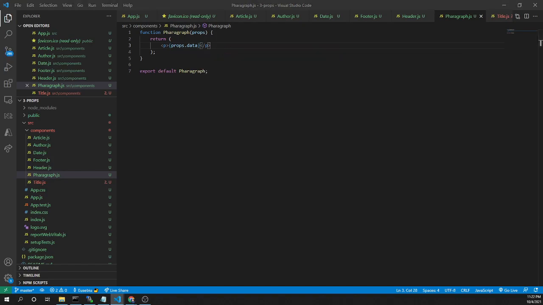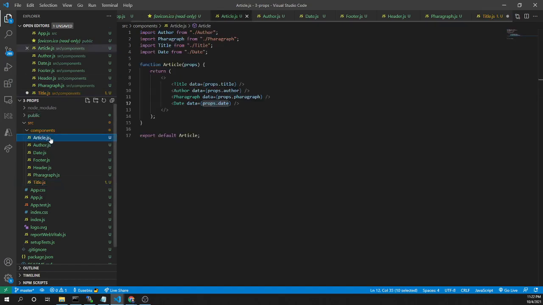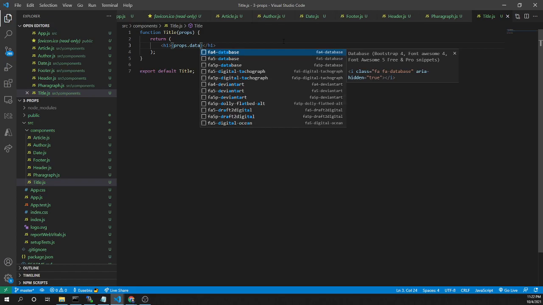And the last is my title, which will be an h1 element, and here we see that the title also has the data property, so we need to access here the props data.